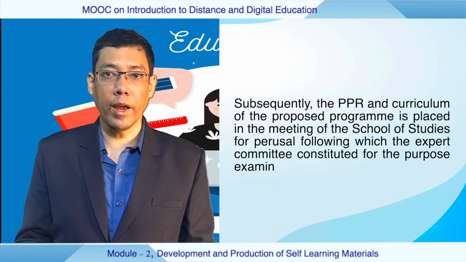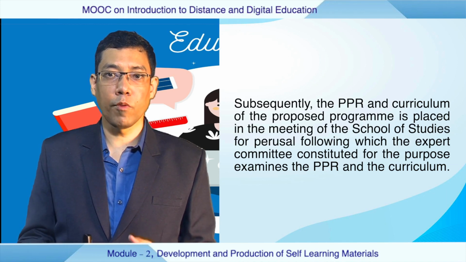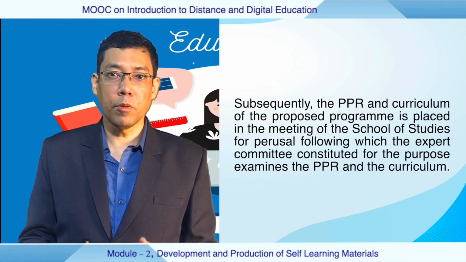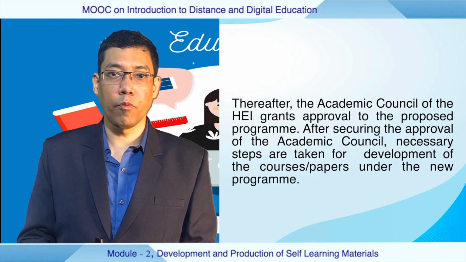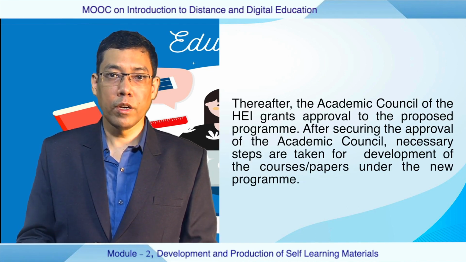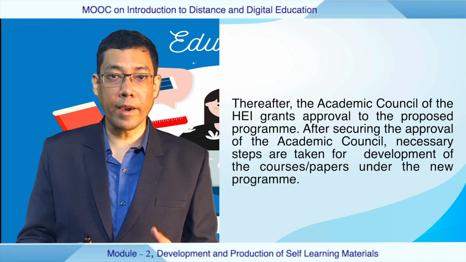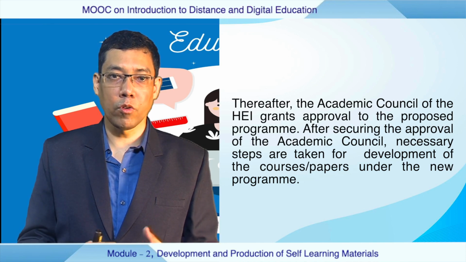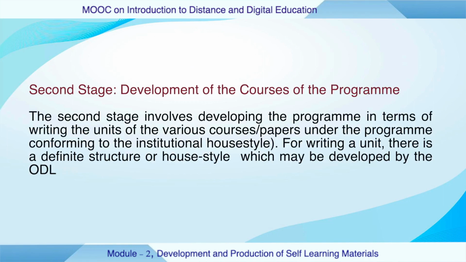Subsequently, the PPR and curriculum of the proposed program are placed in the meeting of the School of Studies for perusal, following which the expert committee constituted for the purpose examines the PPR and the curriculum. Thereafter, the Academic Council of the higher educational institution grants approval to the proposed program. After securing the approval of the Academic Council, necessary steps are taken for development of the courses or papers under the new program. Now, the second stage involves